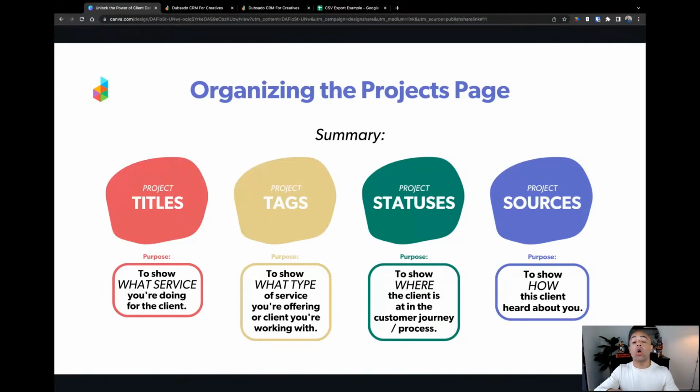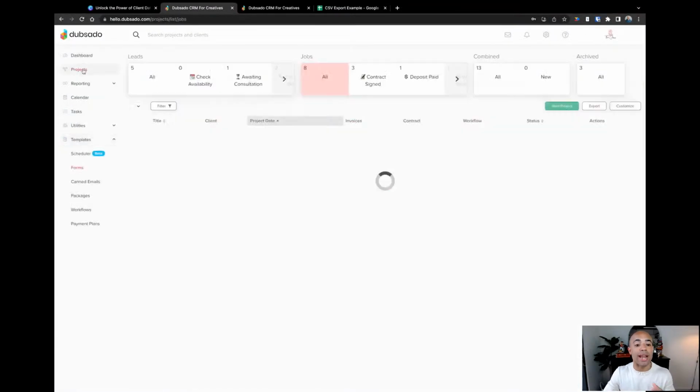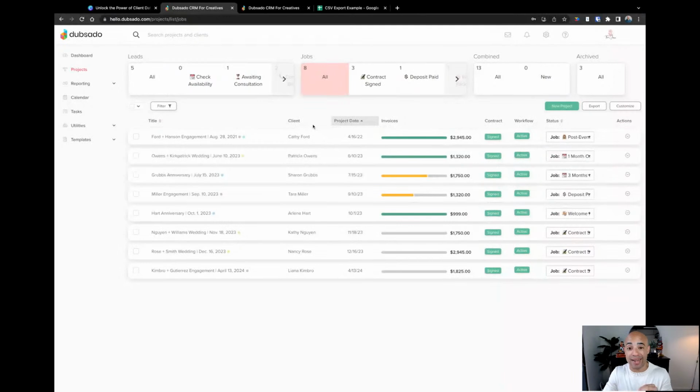So with all of those things together, what we're able to do is organize our projects page in a way that gives us really great information as to what's happening in Dubsado as far as our clients and projects are concerned. So what I want to show you next is going to be how to filter this page.